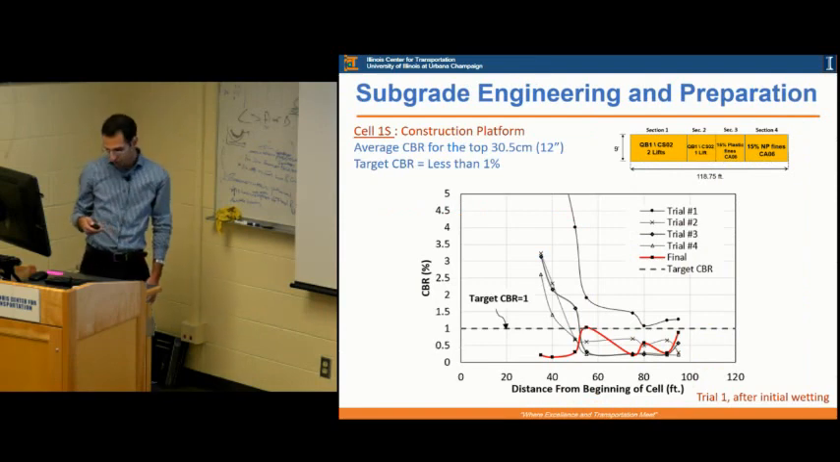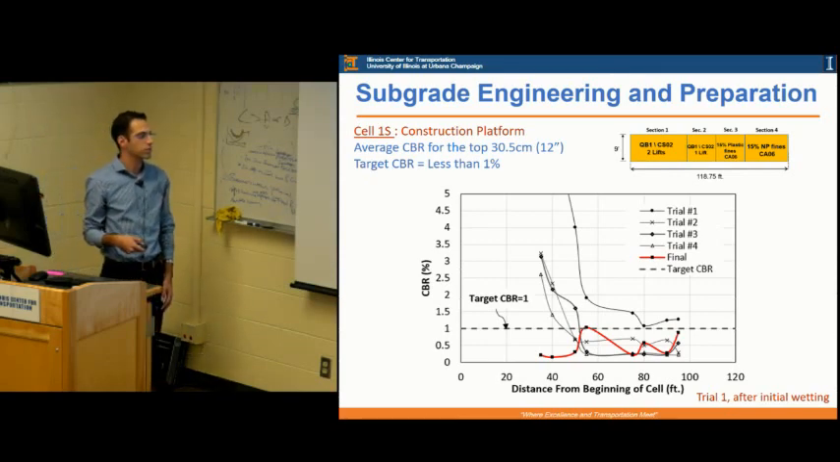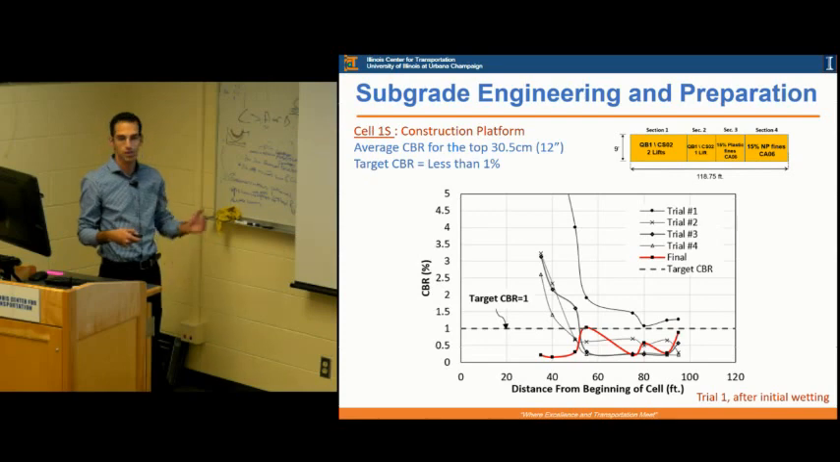Now I will show some results from different trials for the subgrade engineering and preparation. And what I'm showing here is the distance from the beginning of the cell. So that's the longitudinal distance here. These points, the 8 points here, are the points of the measurements that we had. And we were basically monitoring from trial to trial, and each trial is a trial of moisture adjustment or tilling